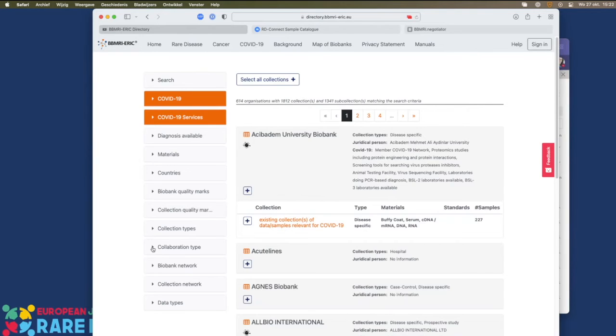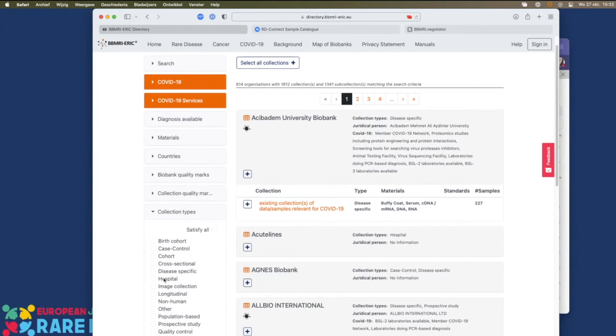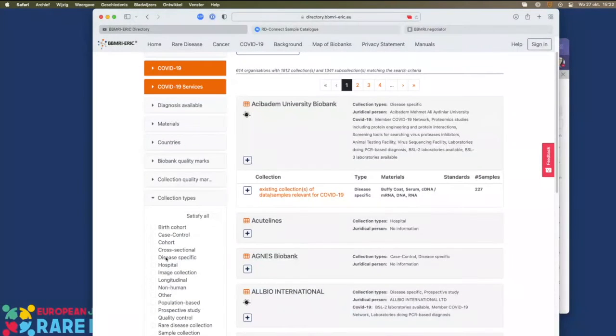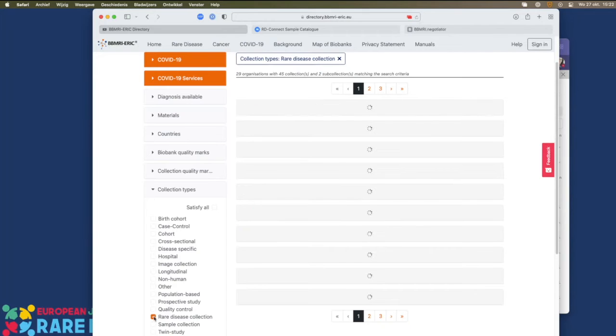As I've mentioned before, the BBMRI-ERIC Directory also has samples for common diseases or healthy participants, so I can filter first of all for rare disease collections, and